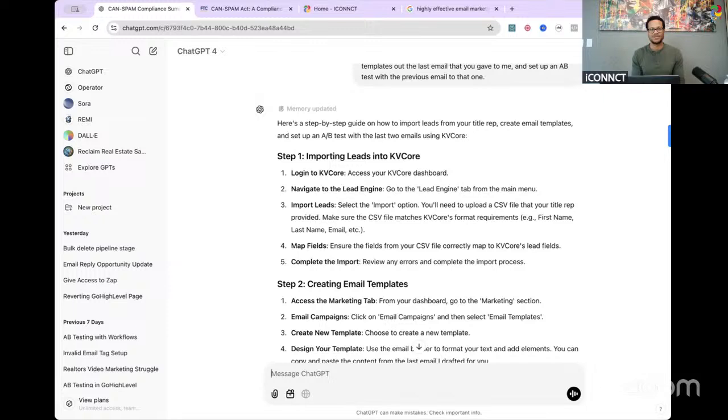That's it. So I take the email copy that it just created and I told it to stay compliant. I gave it my value as a real estate agent. And I gave it a very effective email marketing strategy from another website. And then I told it to guide me through step by step on how to integrate this into my CRM. If you guys use Lofty, exchange KV Core with Lofty. If you guys use Follow Up Boss, exchange KV Core with Follow Up Boss. And it will tell you step by step exactly how to set up this email campaign